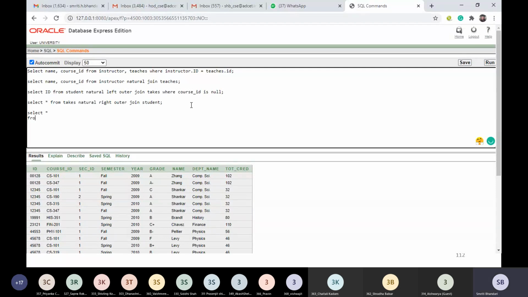So let us try to write the query. Select star from student where department name is equal to computer science, natural full outer join, select star from takes where semester is equal to spring and year is equal to 2009.